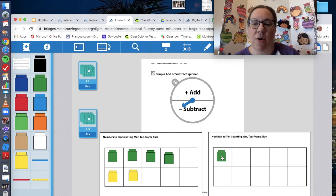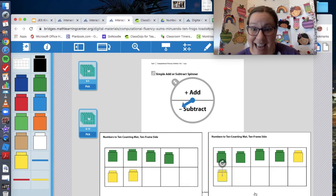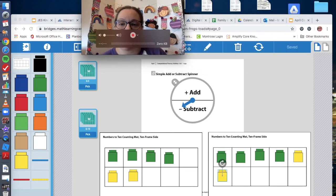Let's try it again. 1, 2, 3, 4 big frogs, and 1, 2 little frogs. That gives me 6 frogs on the lily pad. Nice job, friends. Okay, so I need to move my picture out of the way because Miss Morris has to